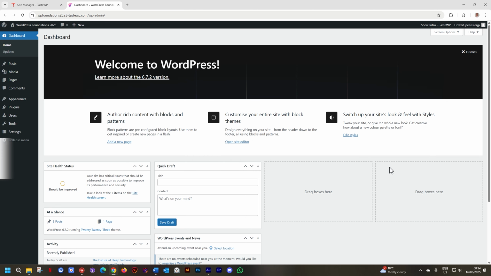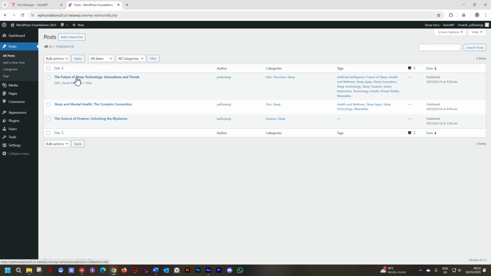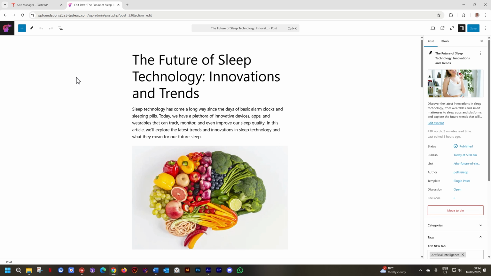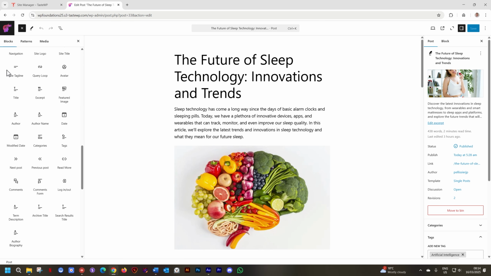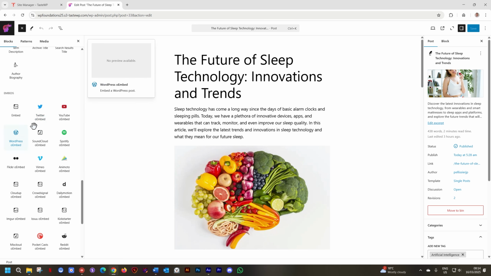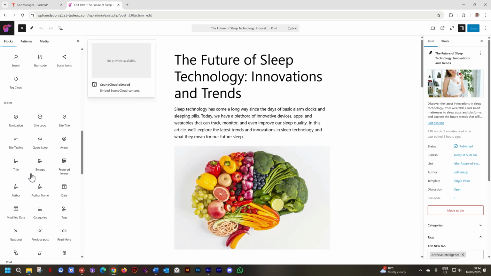We started working on posts and soon we're going to talk about pages. Before that, go to our posts, All Posts, and select any of these posts. I'll click on this one and we have a look at some of the other kinds of content that you can bring in. The other blocks you find up here, and you can see we have text blocks, media blocks, and many. And you're probably going to use some of these. YouTube embed, some of them.